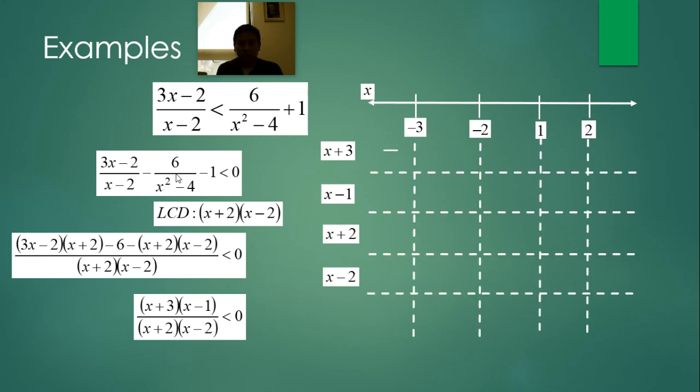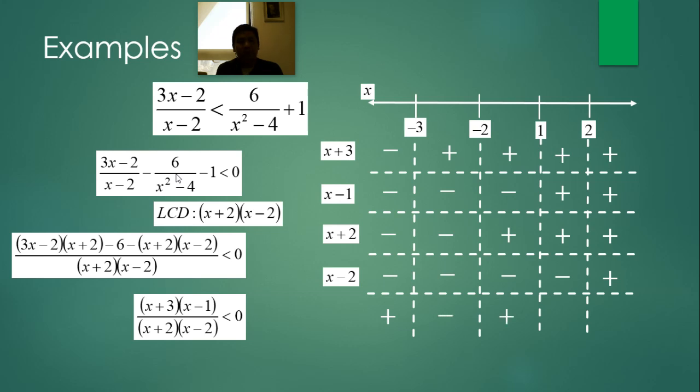Then just like what we did with the previous examples, we study the signs. For numbers less than negative 3, it makes x plus 3 negative. And then, of course, the opposite side of that will all be positive. For x minus 1, that's 0 when x equals 1. So everything less than 1 will make it negative, more than 1 will make it positive. x plus 2 is 0 when x is negative 2. So we have this set of signs. Then lastly, x minus 2